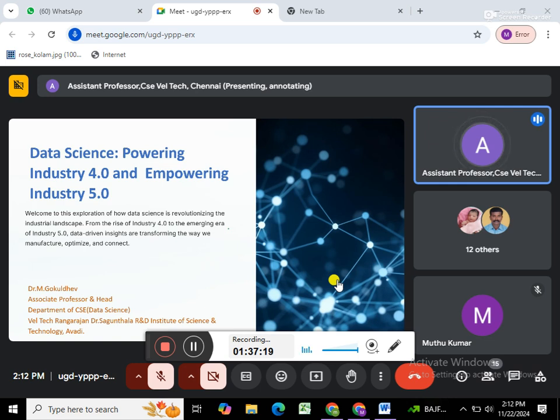Let me give you an idea about how data science as well as Industry 5.0 is emerging in recent days. Why are we focusing more on the industry versions? The reason is that it is the one criterion which provides